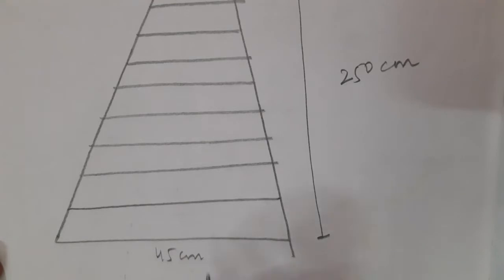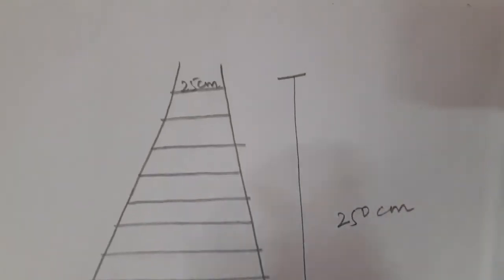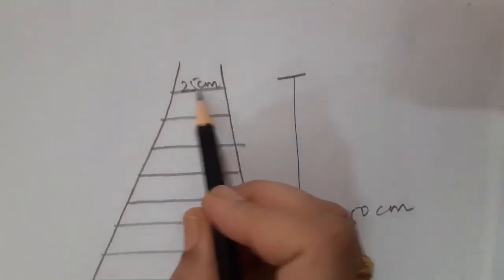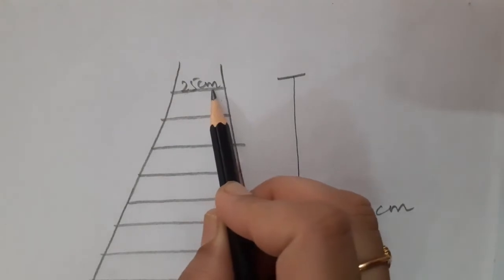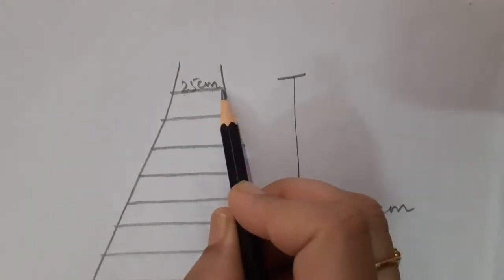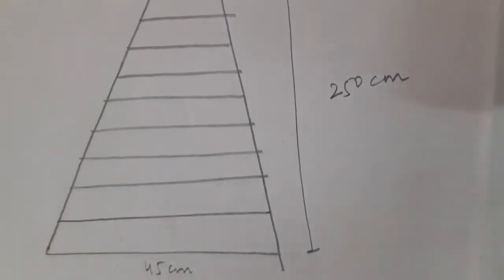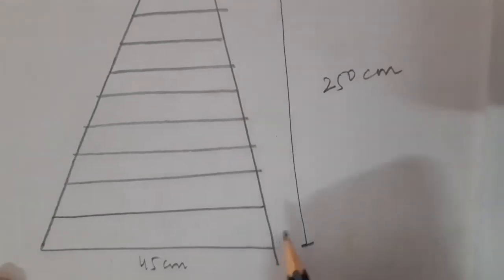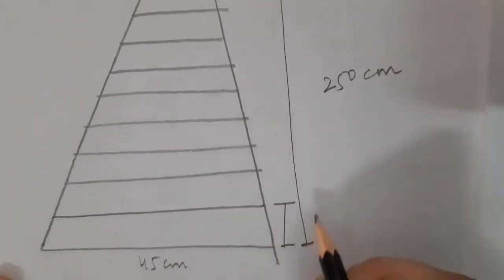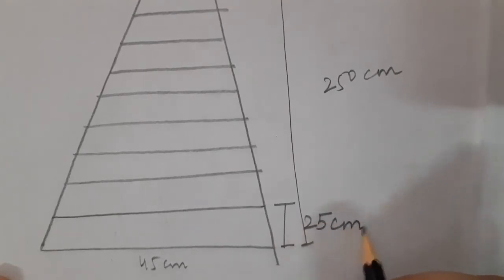That is 45 centimeter. And this is the topmost rung, and what is the length of it? This is given in the question, 25 centimeter. Correct, students? Now, I am basically going to tell you why I added 1 to calculate the number of rungs, though I knew the total distance as well as the distance between two rungs. Please be alert. Look, the distance between two consecutive rungs is 25 centimeter. This I have just told you.